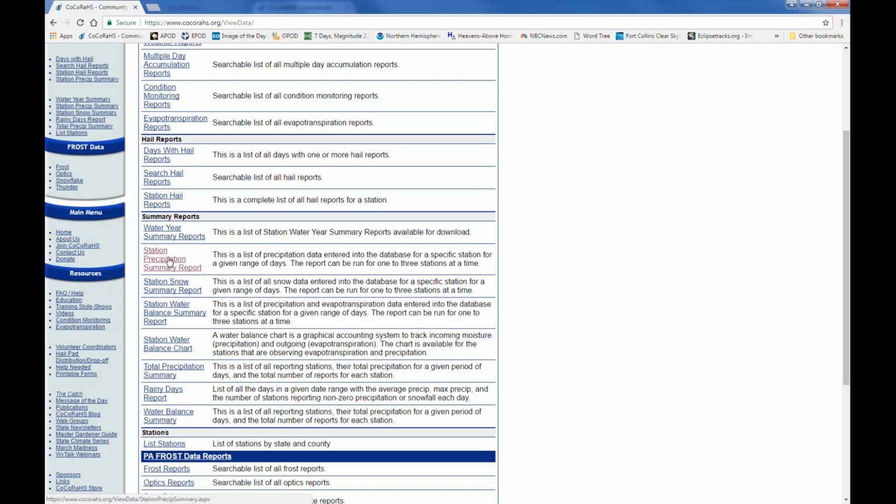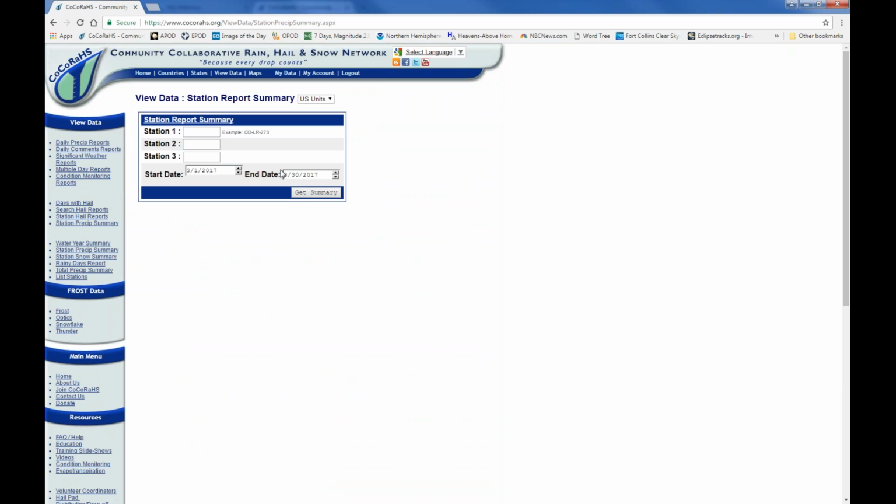One of them is the Station Precipitation Summary Report. Clicking on this, you can look at up to 3 stations at once. I'm going to go ahead and use Nolan's station as an example. So I'm just dragging over his example, COLR 273. This report always defaults to the